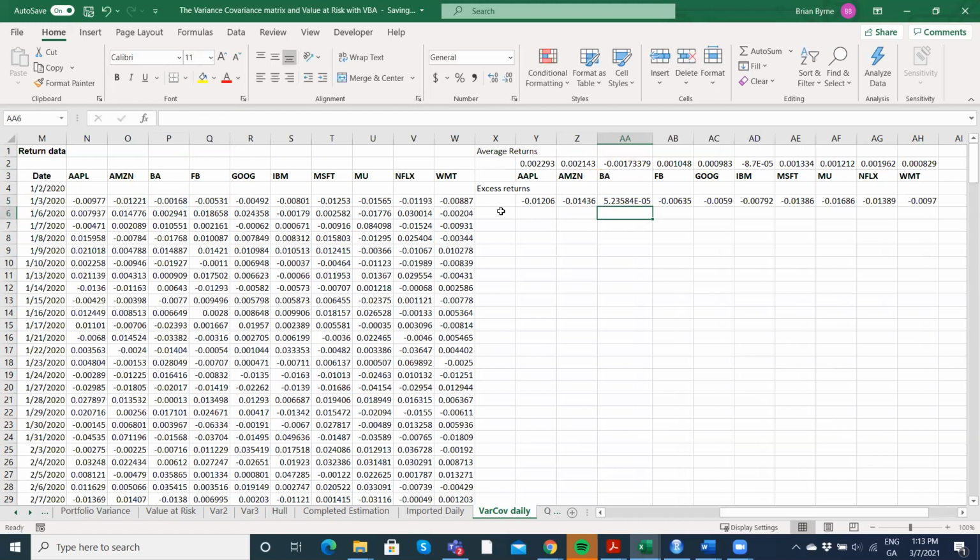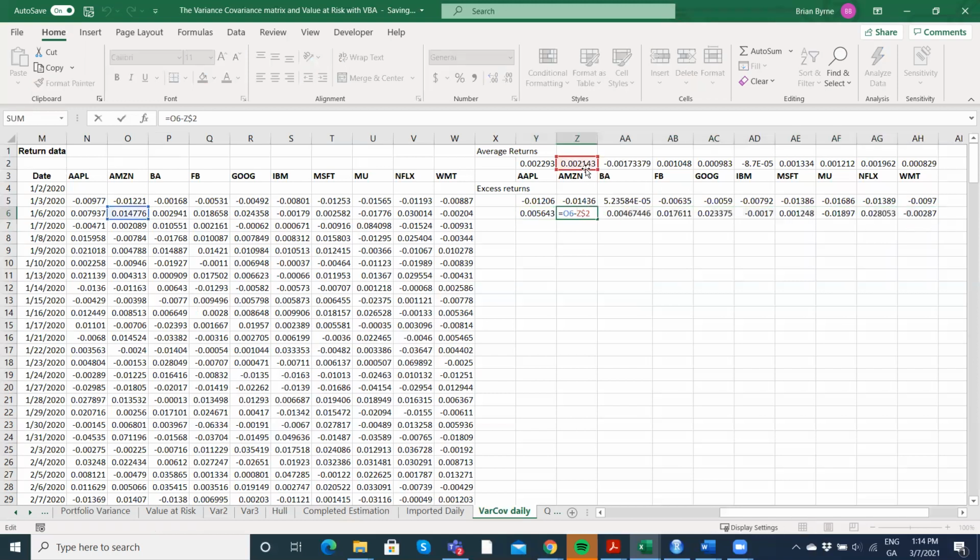Now, when I drag down, the reference is locked in position row 2 because I put this dollar sign in front of 2. So as I adjust the cell,